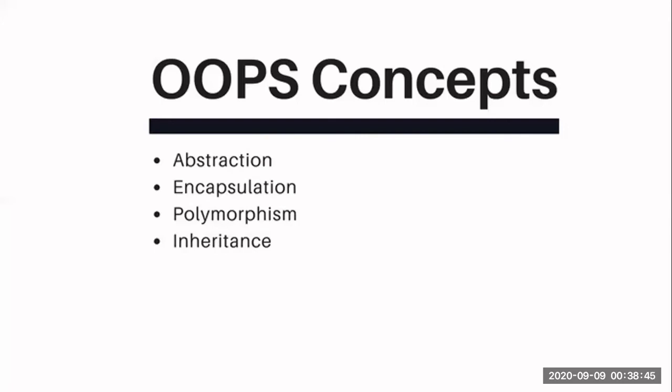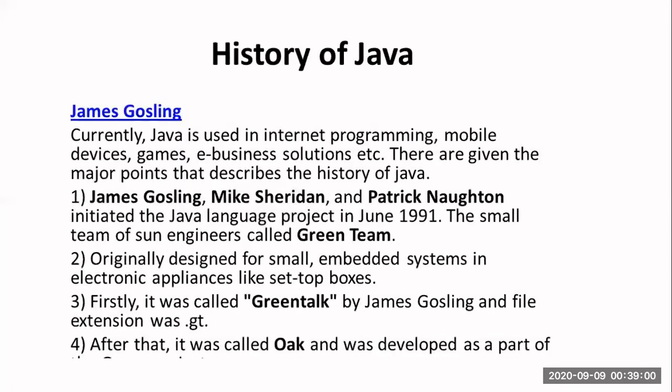About these concepts, we will study in detail in our further topics. So when we say OOPS concept, you should remember these four: abstraction, encapsulation, polymorphism, and inheritance. These concepts will help us to reuse our OOPS logic. That was a basic for understanding that Java is designed on the concept of OOPS. That's the reason we have discussed this so far.